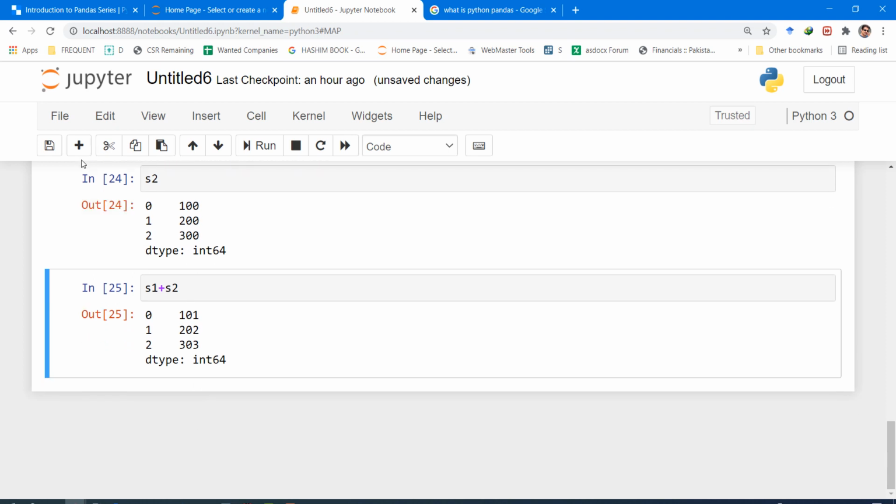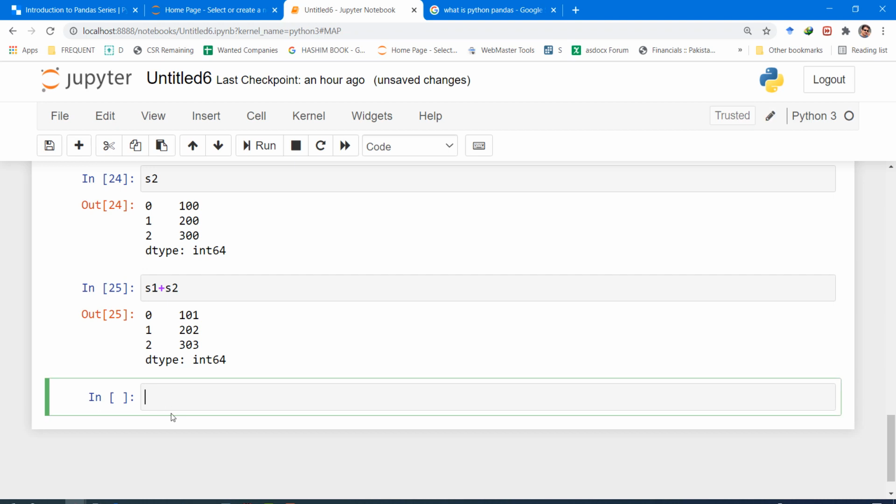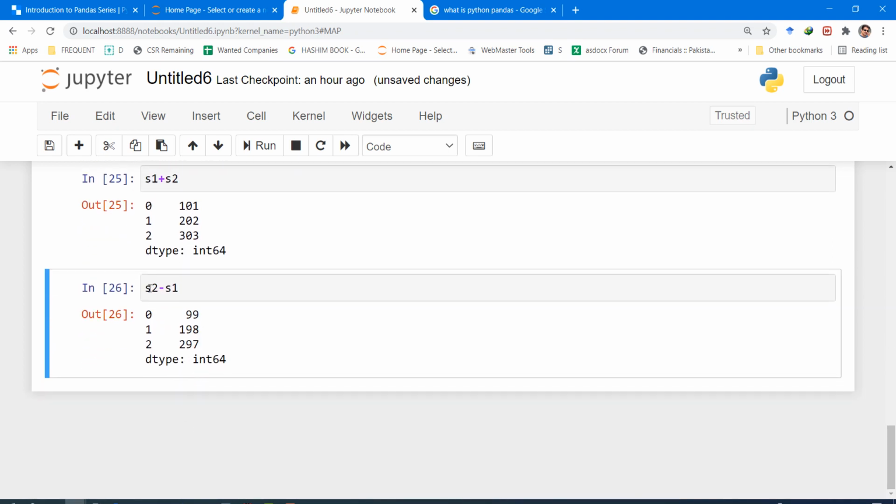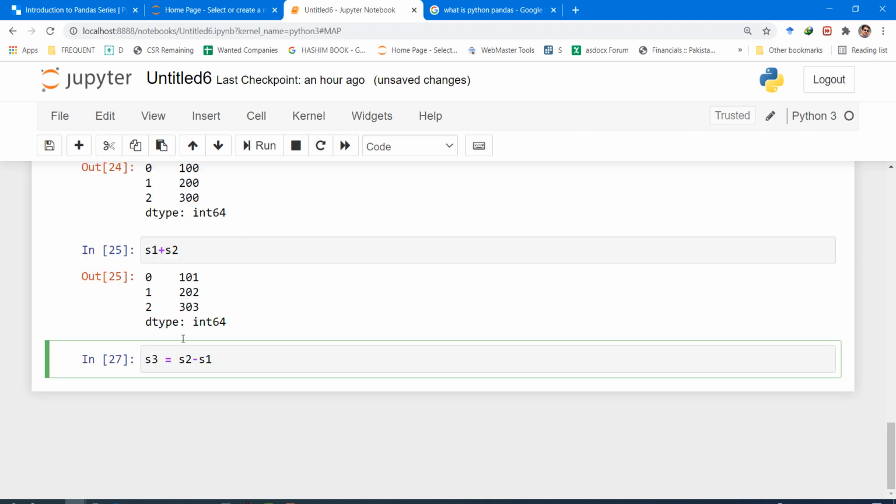Similarly, two series can be subtracted from one another. So let's call S2 minus S1. So now we have the results here. Also, we can create another series from the subtraction. So let's call it S3 is equal to, and since we are assigning the results to series 3, we should not get any output on the screen for S3.